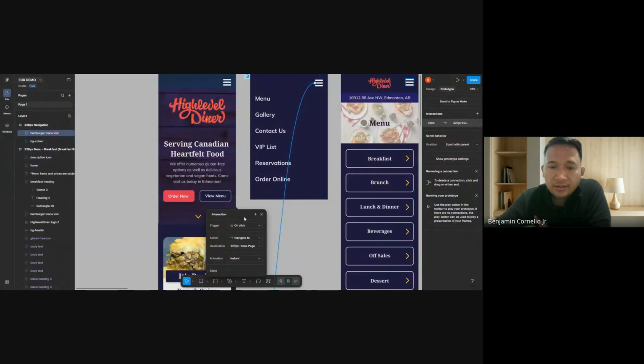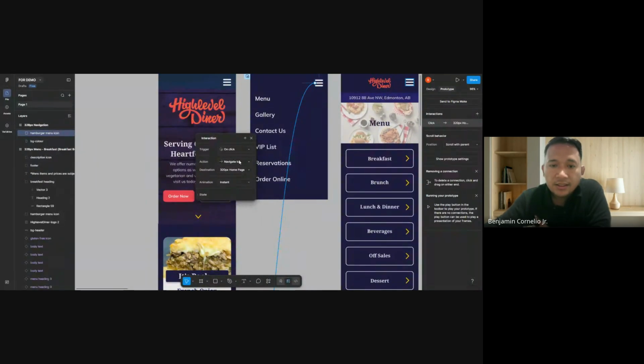Let me drag this one. Hold on, so that you can see. Navigate to. It should not be overlay, of course. It should be navigate to, and then it should go back to the home page. Is it instant? When we try to check if it is instant, let's see, hold on,